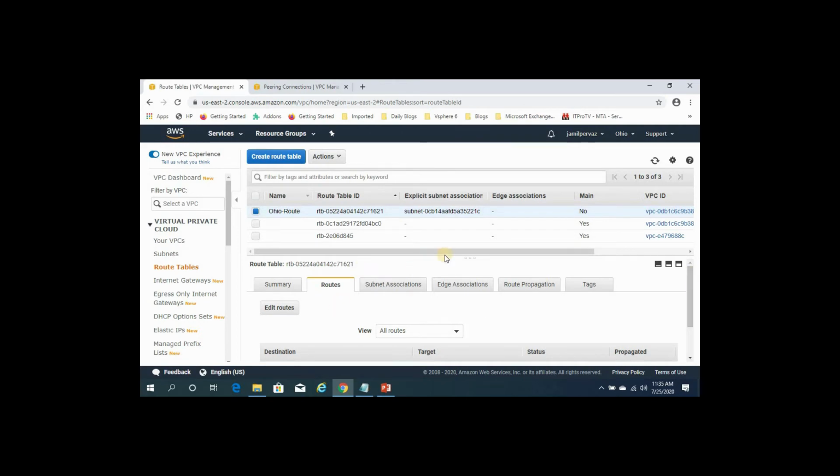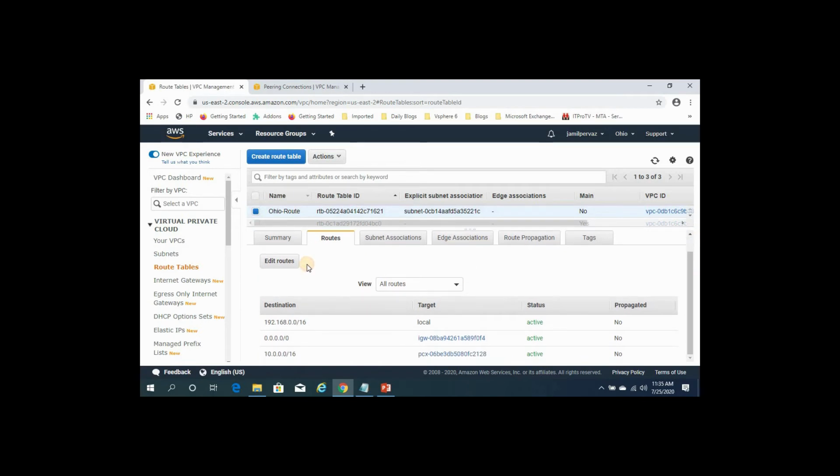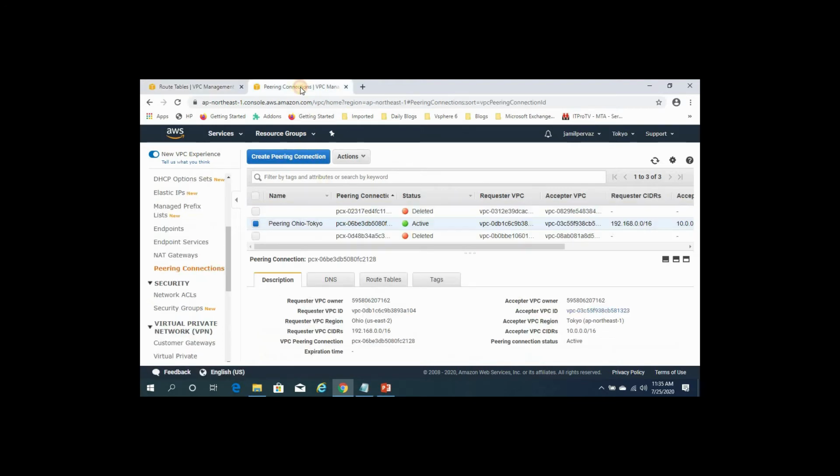So our route table is successfully created. This one is local, this is our internet default gateway, and this is our peering. So go to your Tokyo region, select your peering Ohio Tokyo.